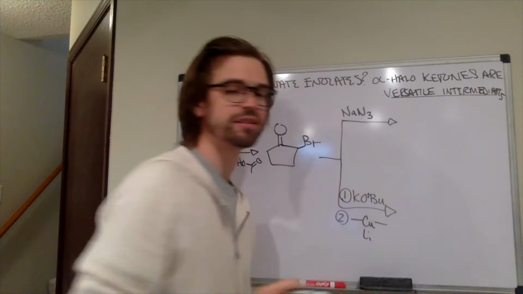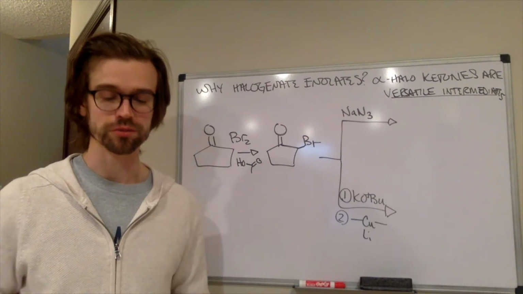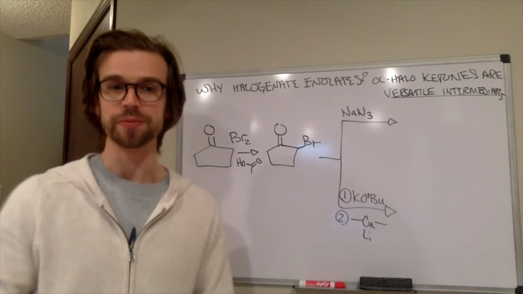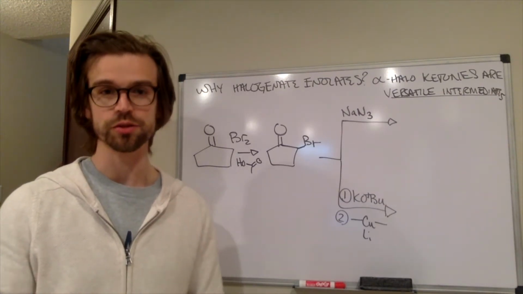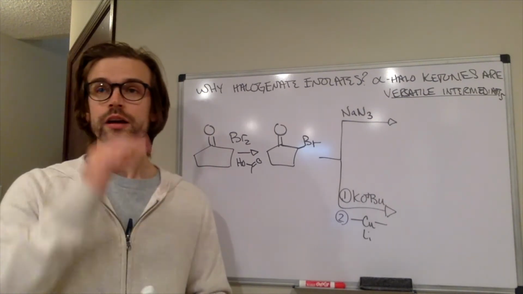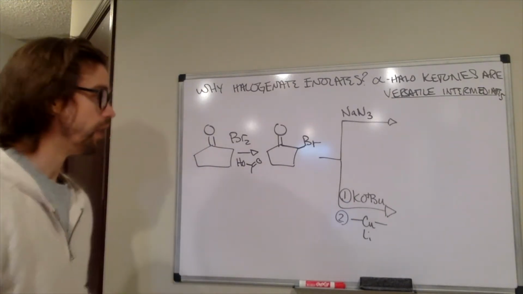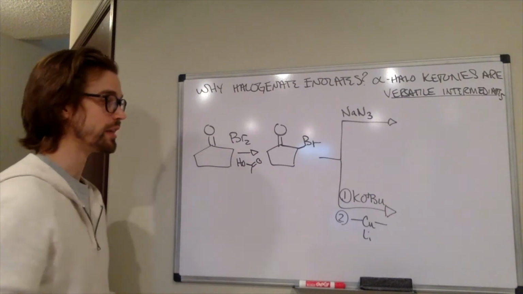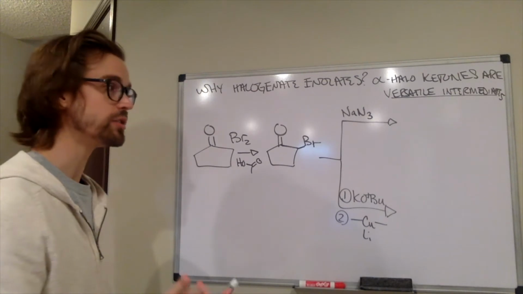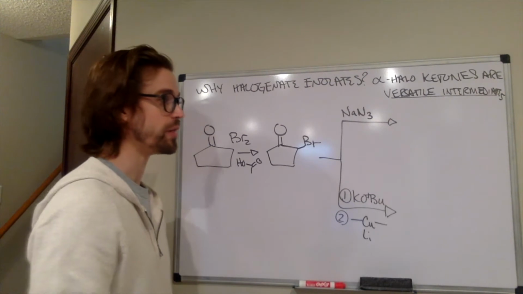So all that really means is that we can make a lot of molecules from halogenated molecules, whether that's by standard substitution chemistry or other chemistry that we're not necessarily going to touch on in organic chemistry two. Halogenated molecules are very useful. So anyway, we just learned about how we can, under acidic conditions, add a single halogen to the alpha position of a ketone. And essentially, if we then take that alpha haloketone and treat it with a strong nucleophile, such